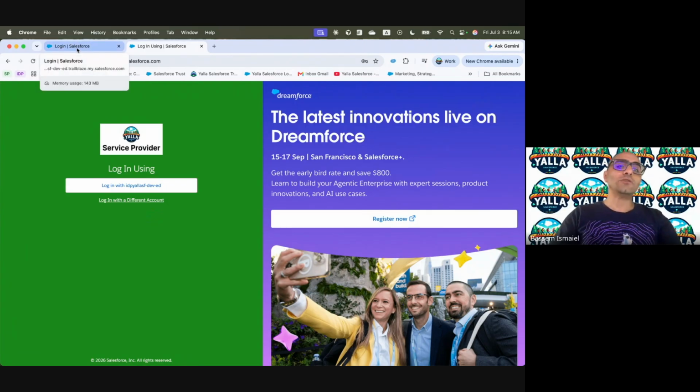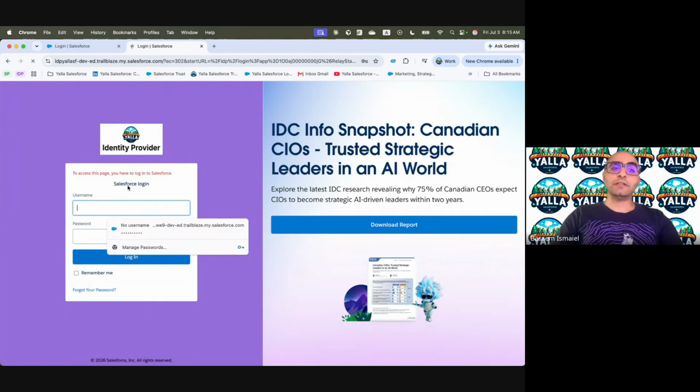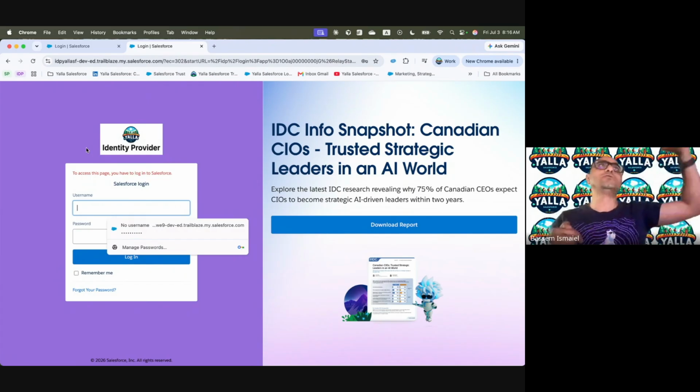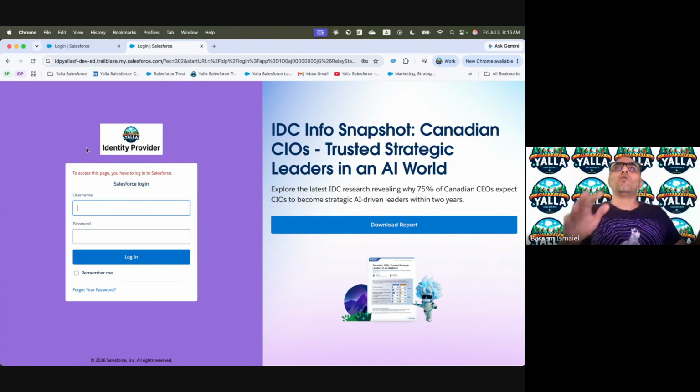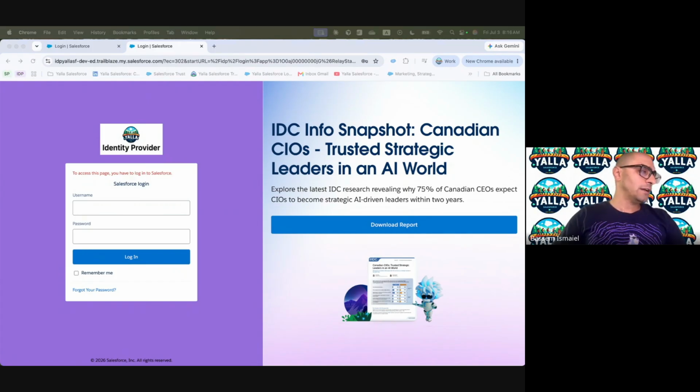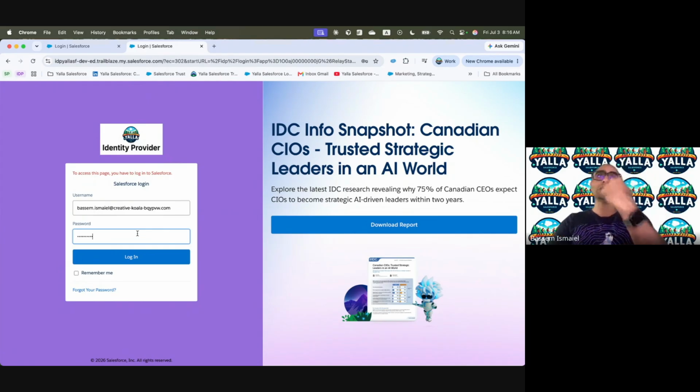So let me go, so we can test this guy. When I click login, it takes you to the identity provider, asking you if I don't have a session open. It's like in other organizations, if we are not using Salesforce as an identity provider, it might take you to ADFS, it might take you to Okta, it might take you somewhere that can play the role of being an identity provider. So I'm going to take my user for the identity provider in here, which is this one. I'm going to put my user in here, and I'm going to put my password. So this is the only username and password that I know.